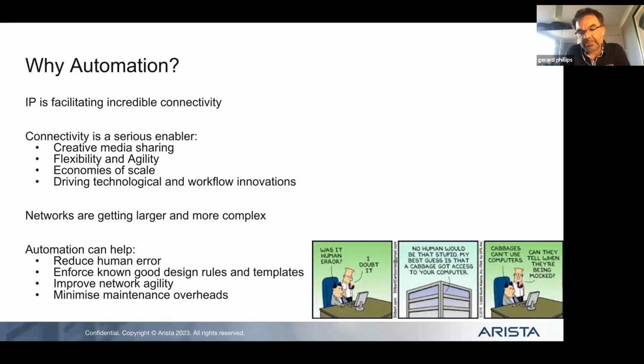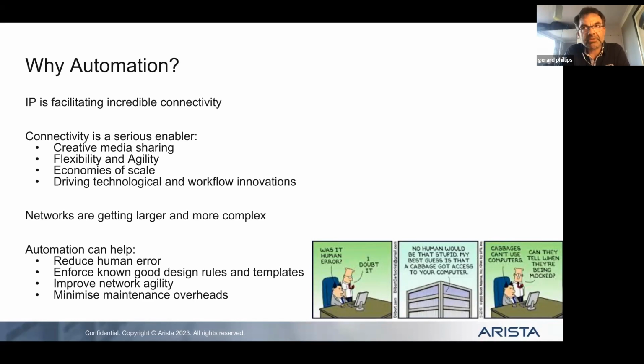And as these things become bigger, they become more complicated and more difficult to get right. Doing it by hand is becoming less and less feasible. It takes too much time, it's too error prone, and it reduces your ability to be agile because you've got to touch a lot of switches to make simple changes. So that's why we're starting to see automation really push into this space.